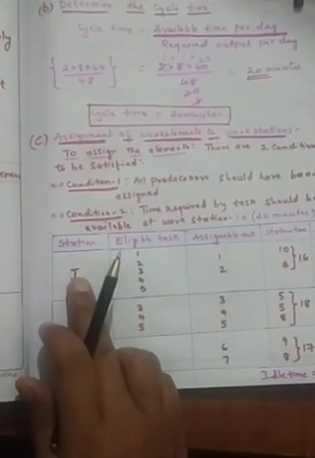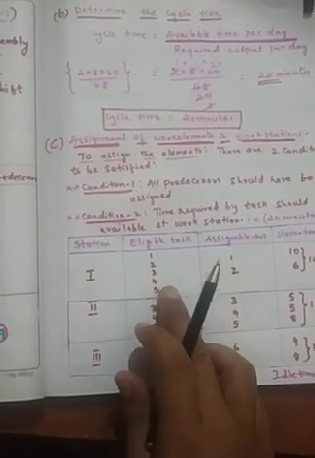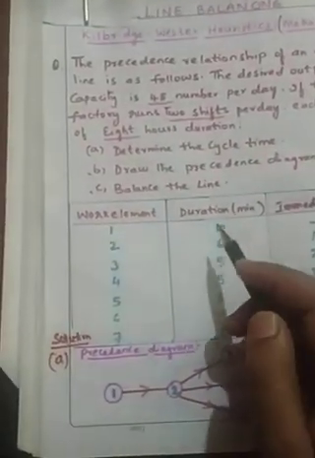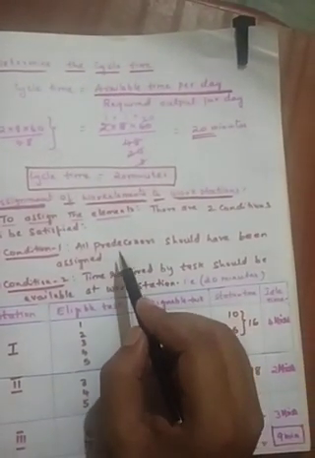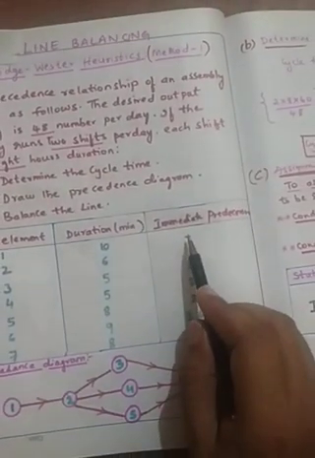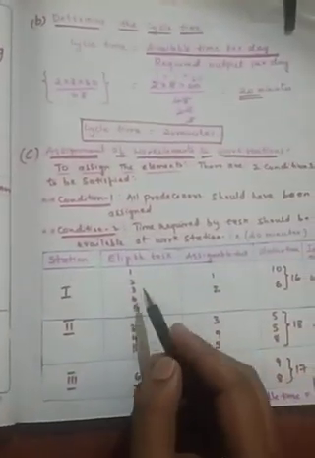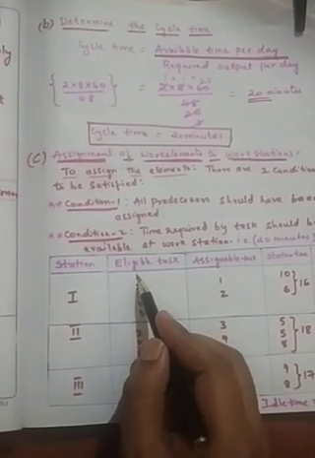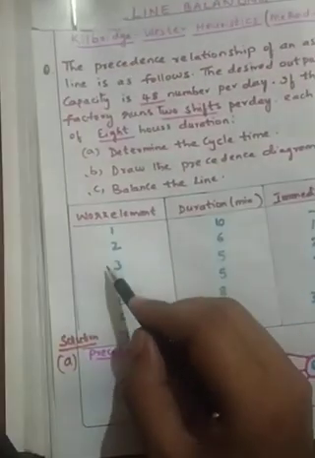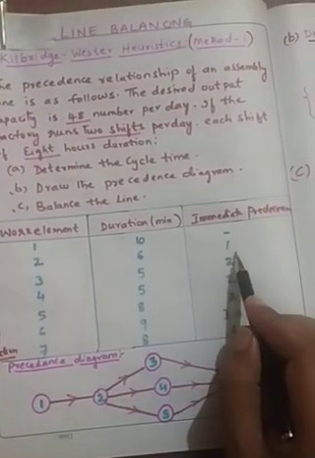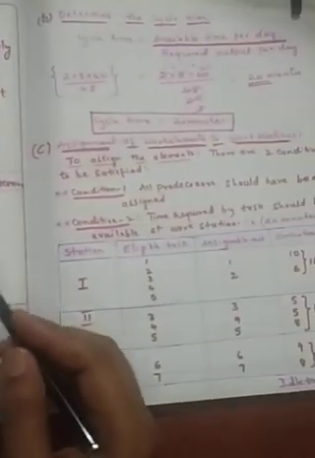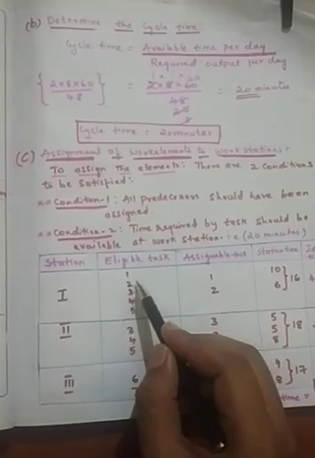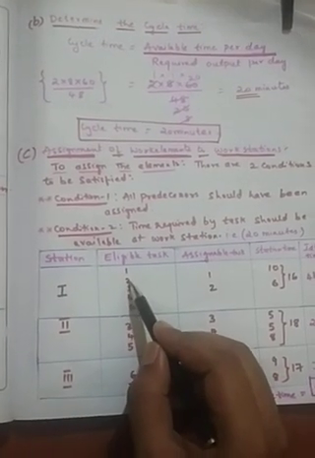So coming to the first workstation, eligible tasks are 1 2 3 4 5. How they are eligible is, see here you can see 1. What is the first condition? First condition is all predecessors should have been assigned. So here for 1 there is no precedence, right? So because there is no precedence, I can assign 1 in the eligible task, right? Whereas coming to the second one, to start with the second one, there is a precedence that work element 1 is there. So because I have assigned already with 1, 2 is also the eligible one.